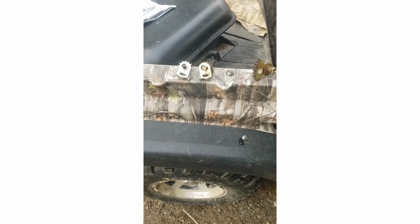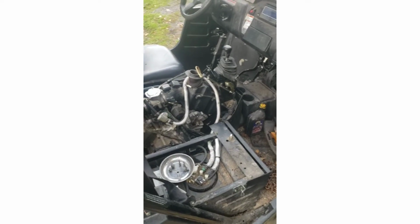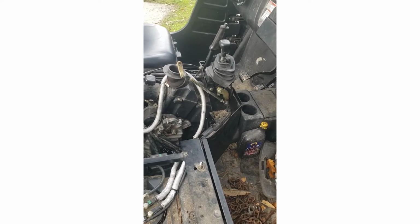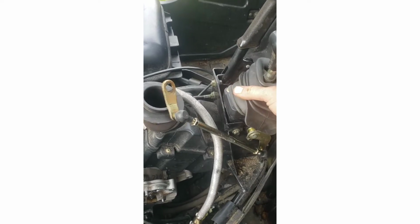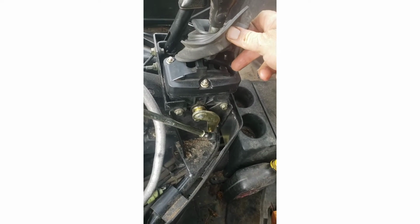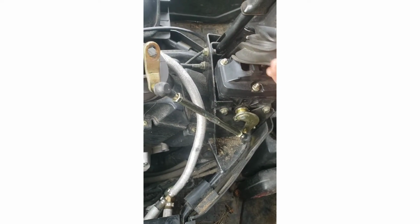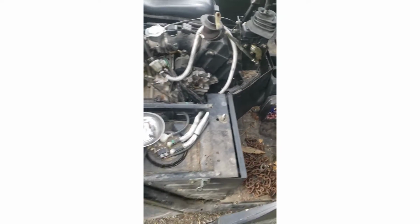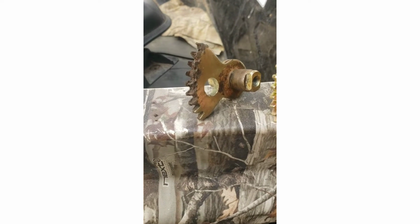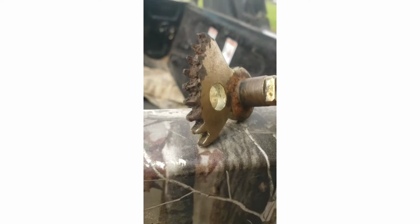Okay, so here's the parts we took out and the new parts. I'm going to do a comparison to show you why that wasn't going into first and reverse. And before I found one other person's obscure video, and his wasn't well lit, but we were blaming it on wear up in all of this. And we even went as far as kind of filing so we could push it a little further forward and just a little further back, thinking that things had gotten loose here, but they didn't. Take a look at the wear on these two gears. You can see the one on the right is the new one, and the one on the left has all sorts of